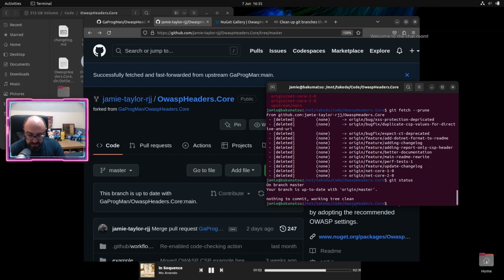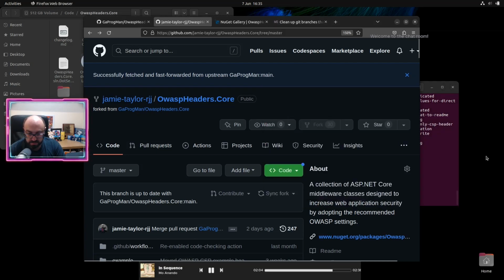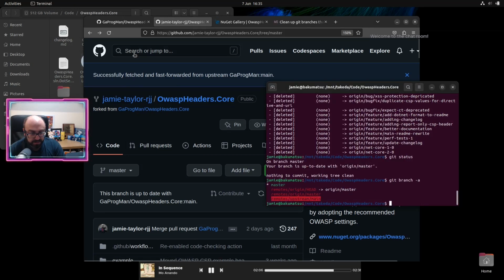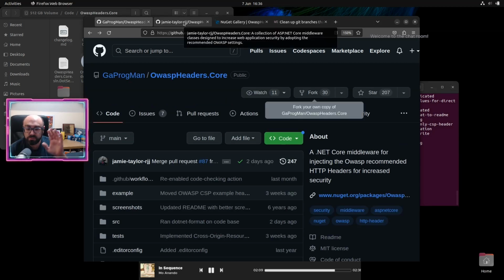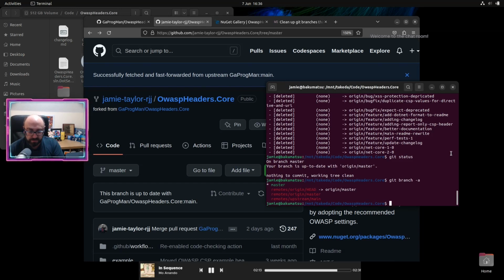So if I do git status again, I do git branch -a. Cool. Okay, so we've got a couple of different things. We've got HEAD, which is pointing at origin master. We've got origin master and upstream main. Remember, origin master is this one, and upstream main is that one. For a whole bunch of long historical reasons I don't really want to go into, there's two copies of the repo. So before we do anything, we need to create a feature,